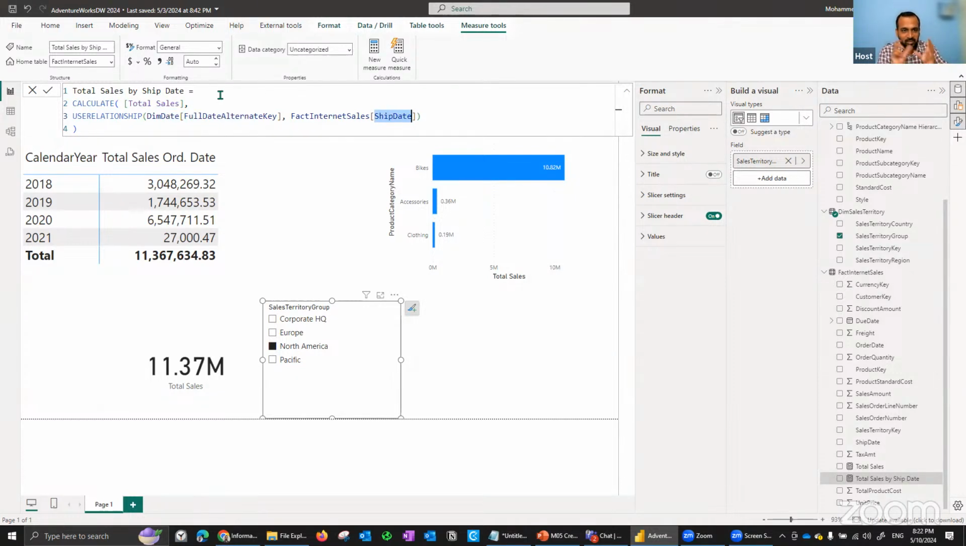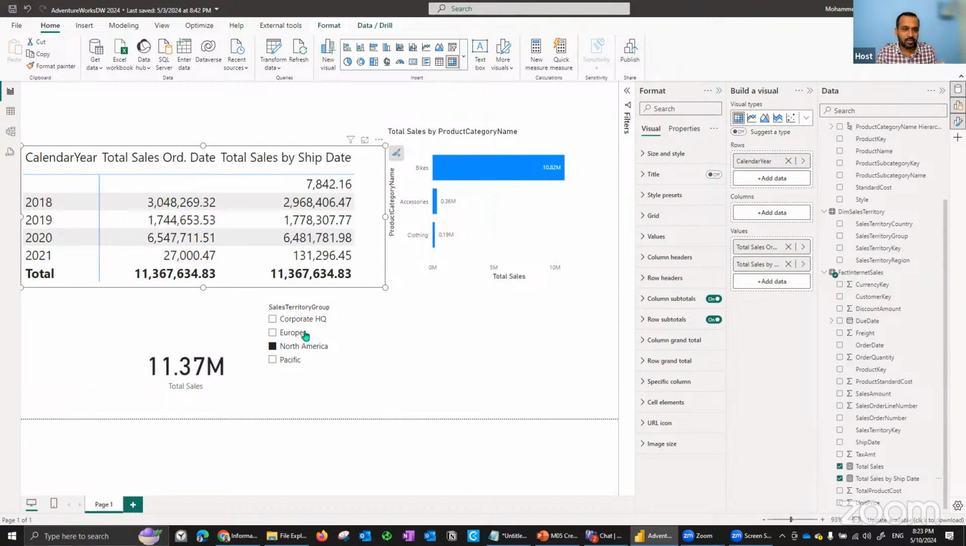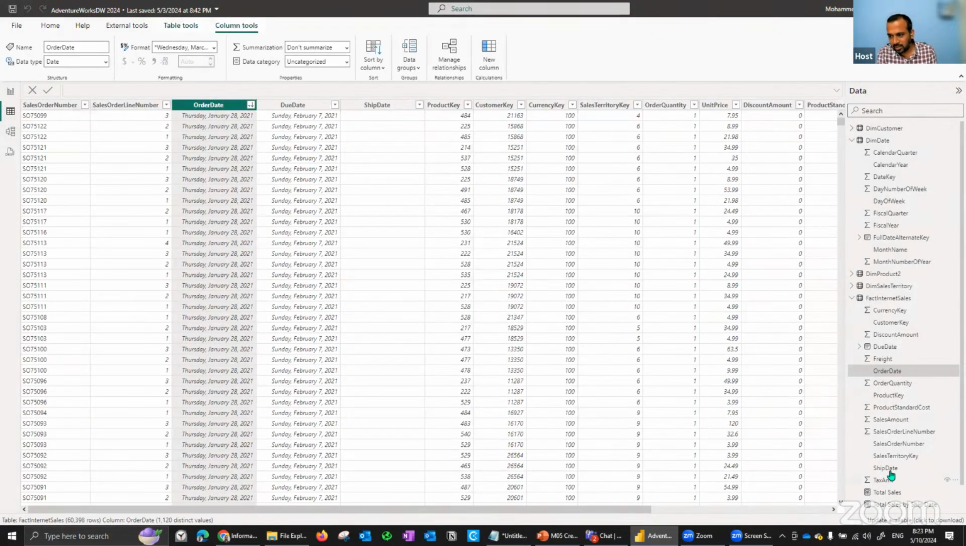And for these particular calculations, it actually reverses this one and activates the ship date and full date alternate key relationship, and then does the calculation for us. That's what we saw in our previous session, that we can see a different value if you are using it here. So this is basically the 2018 sale and this is the 2019 sale. Now you can see it's showing up here, calendar year, and here it shows 7842. If I go to this one, fact internet sales, and click on the ship date here